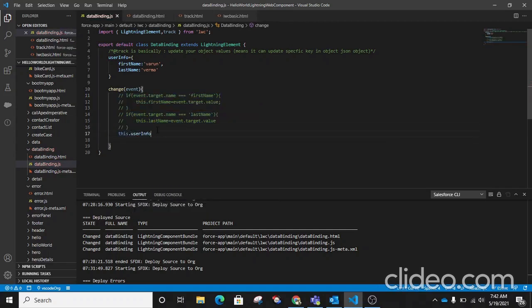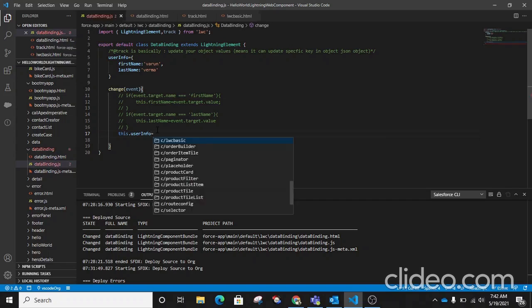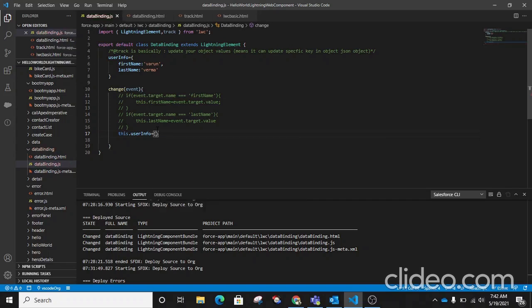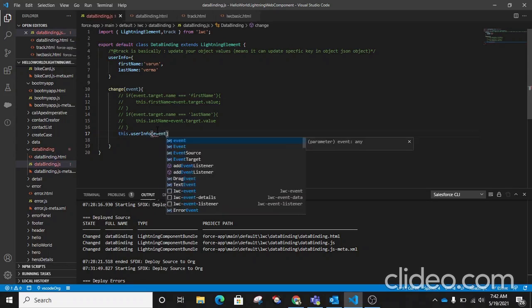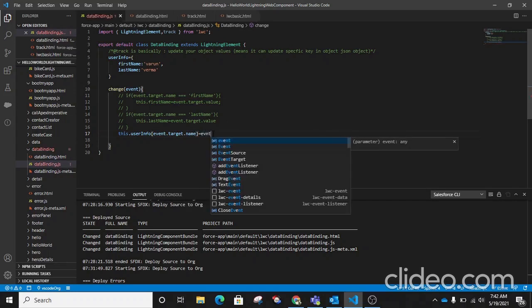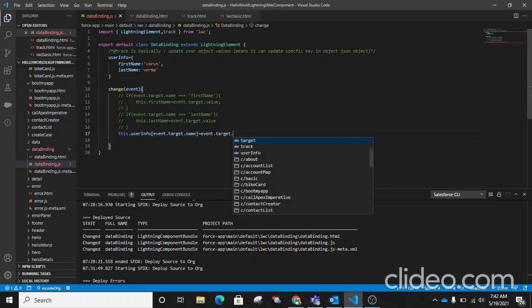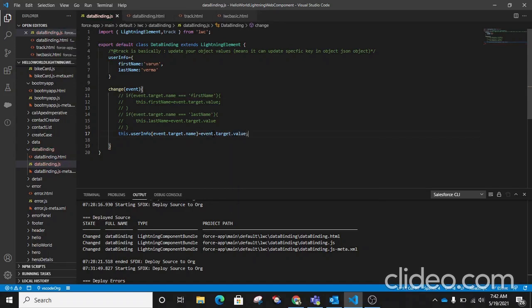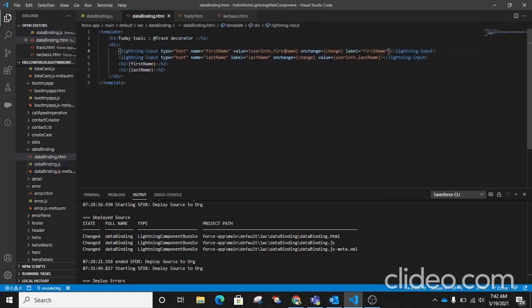this.userInfo[event.target.name] is equal to event.target.value. How can we use this? Because my event.target.name is the same as the key name. You can check it here: first name, first name, last name.